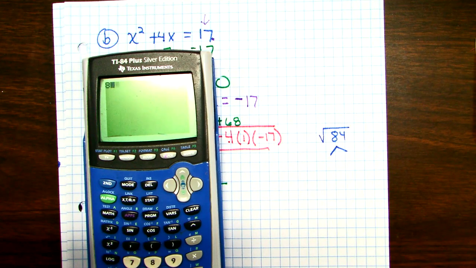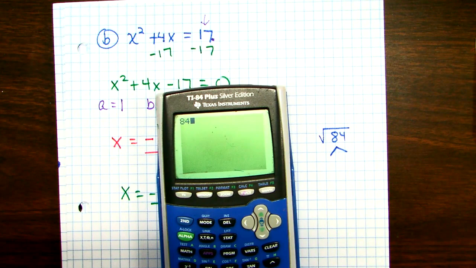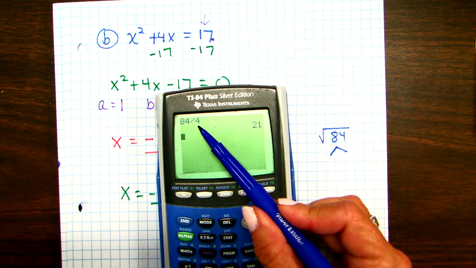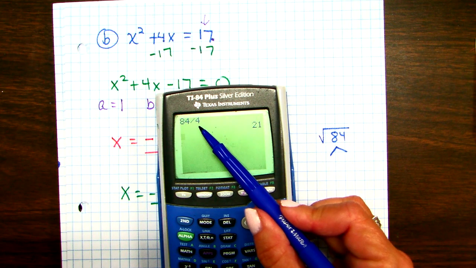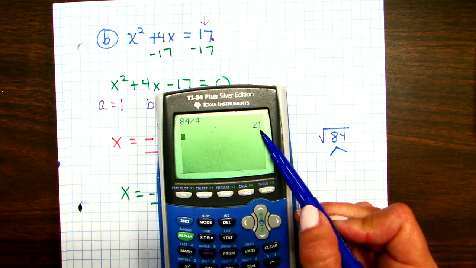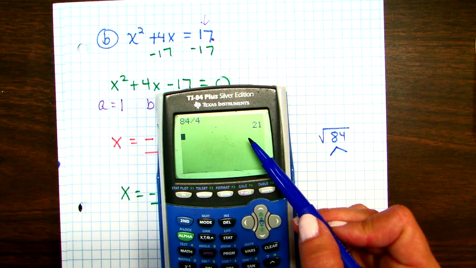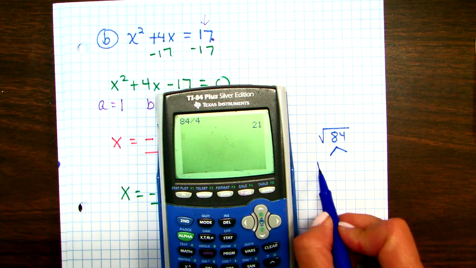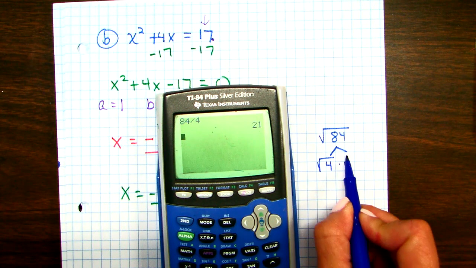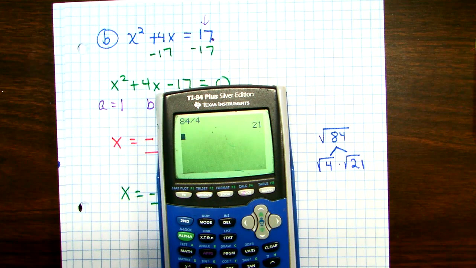So I'm going to start dividing 84 by different numbers. I heard someone say 4. Oh, it goes in evenly. Is that the biggest number that goes into 84 that's a perfect square? How do I know the answer is yes? Because 21 has no other factors that are perfect squares, right? 21 is 1 times 21 and 3 times 7. So that's a perfect choice. The square root of 4 is